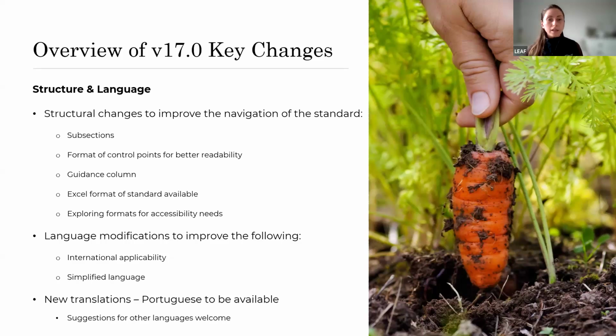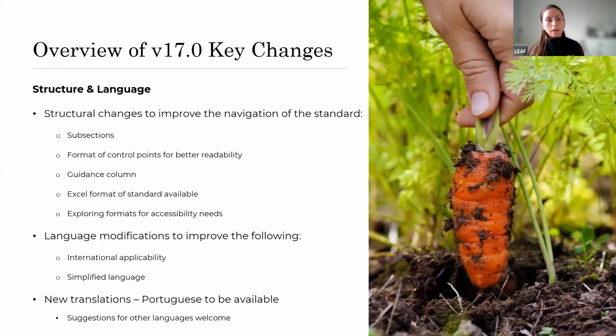We've also formatted the control points a bit differently, in a way that hopefully makes the requirements easier to read and understand what's required in the control point.